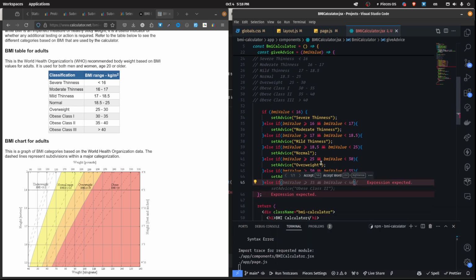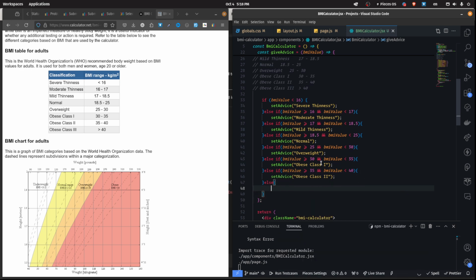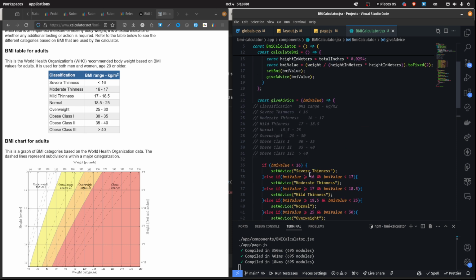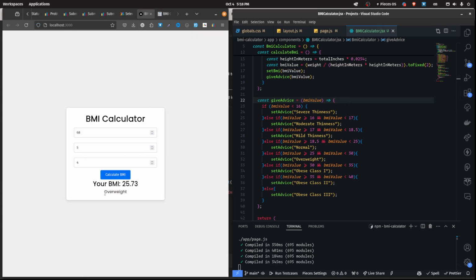Else if 35 to 40, obese class 2. Else, I can say obese class 3. Okay, so those are the results. So go back to this site again. Your BMI is